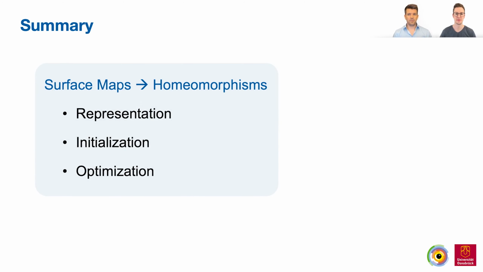Alright, we have now seen how maps, in particular maps between surfaces, and in particular maps that are homeomorphisms, can be represented, initially constructed, and optimized, so as to serve as a valuable high-quality ingredient or foundation for a variety of geometry processing applications. Along the way, we have seen that there are some parts for which simple and/or elegant solutions have been found already, and some parts for which known solutions still leave room for improvement and things to be desired. Let us briefly summarize these here to conclude, so as to perhaps leave you with some inspiration for directions